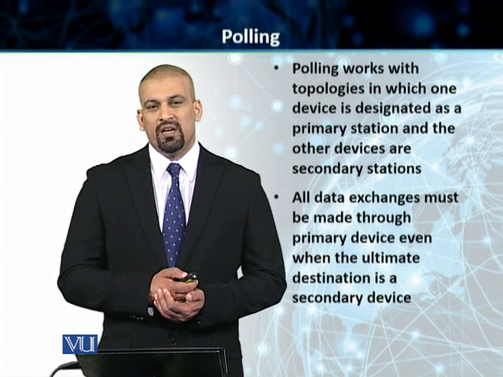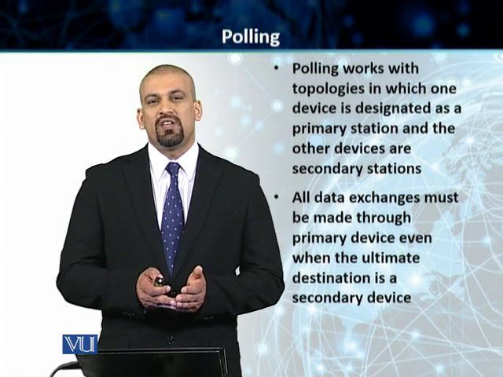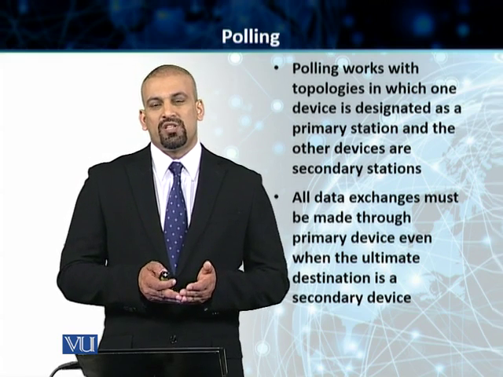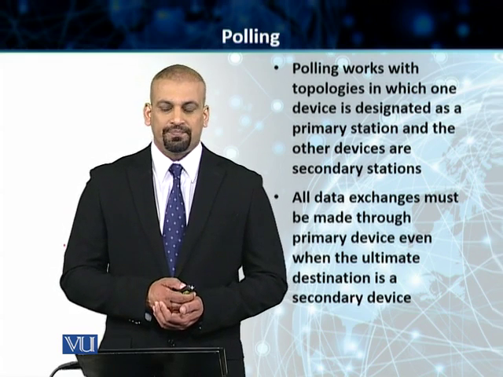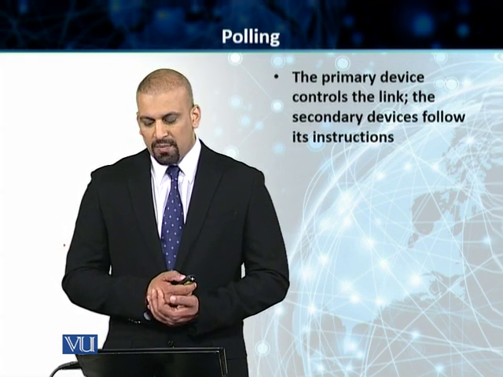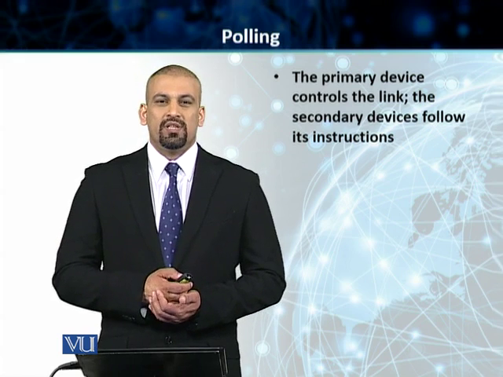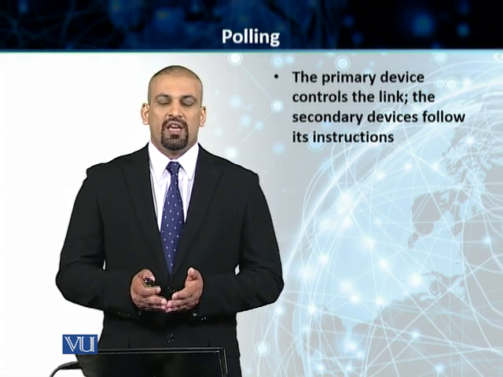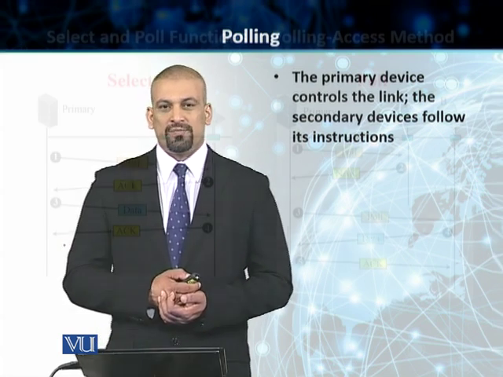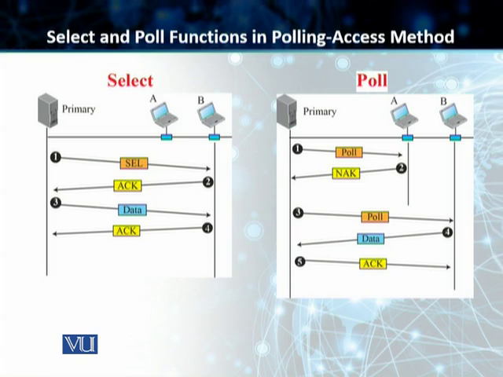Even if the data is destined for one of the secondary stations, the primary station has to authorize this transmission, otherwise the data cannot be sent. As I told you, the primary device controls the link in this case, and all the other devices, the secondary devices, follow the primary's instructions. In the case of polling, it is completely up to the primary device to determine which device is allowed to use the channel or the shared medium